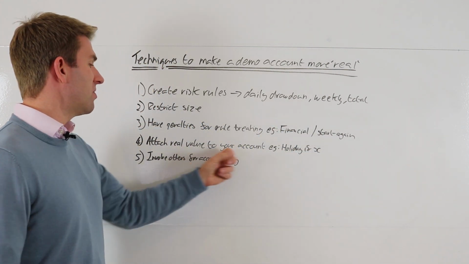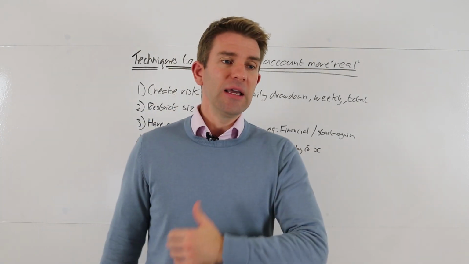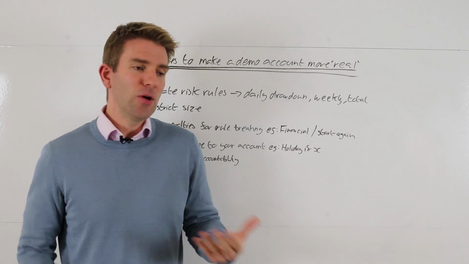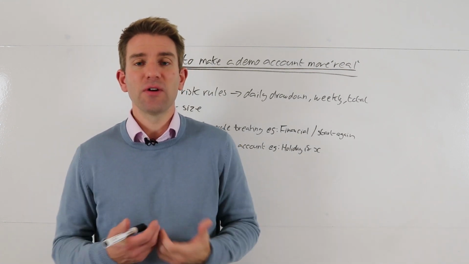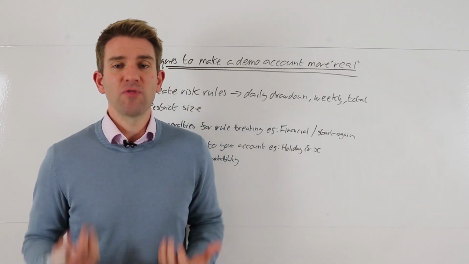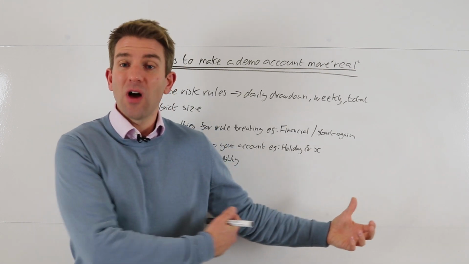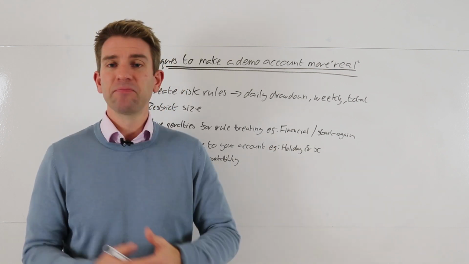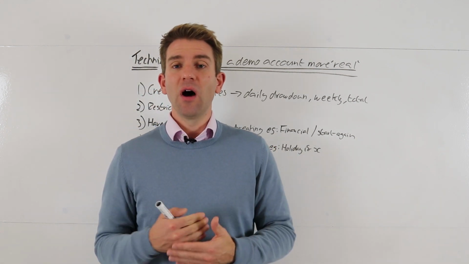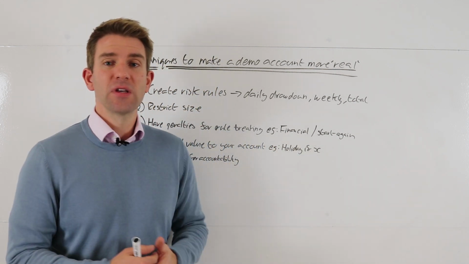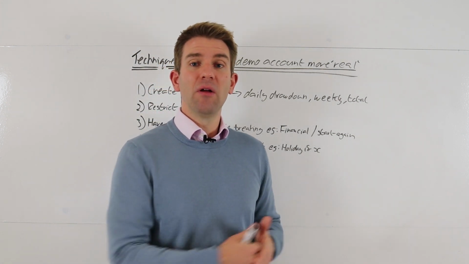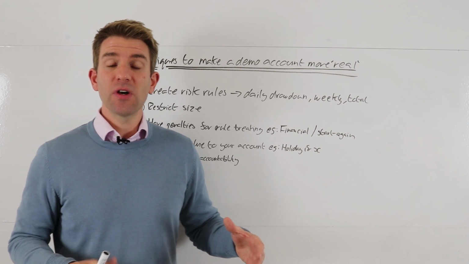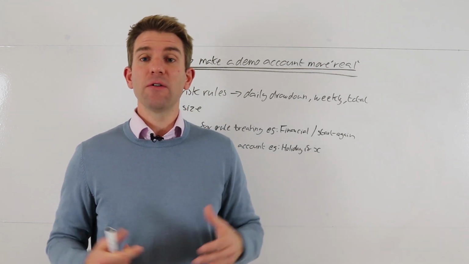Number 4, attach real value to your account. So again, you've got to kind of stick to this. You can't overrule it. You can't teach yourself self-discipline until you've stretched the muscle, and you can overrule anything in a live account as well. So you've got to have these kind of rules in place, and you can do something like, listen, if I get that 10 grand account, for the next 4 months I manage to make 2 grand a month or a grand a month or whatever number it may be, then you say to yourself, right, well, I will treat myself